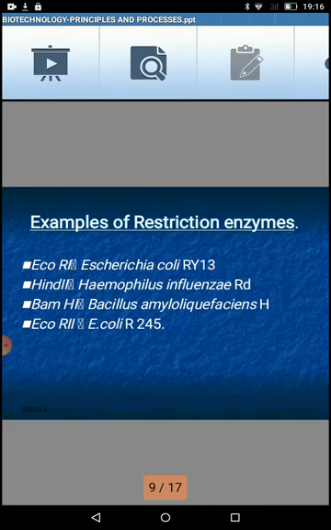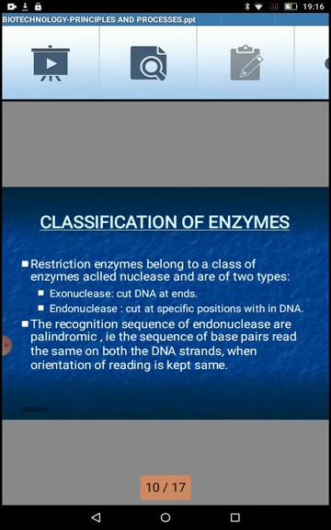We cannot work with the DNA unless we can cut the DNA wherever we want and incorporate the DNA wherever we want. Incorporation cannot be done with the restriction enzyme, but we can cut the DNA, and we have another enzyme, which we will discuss in further sessions, that can attach the desired DNA: DNA ligase. So these are some of the steps of biotechnology. Usage of molecular scissors is the first step of biotechnology. I hope this is clear.